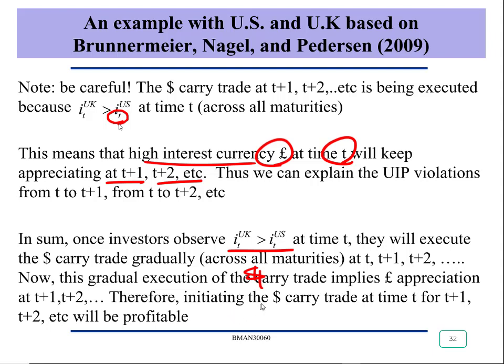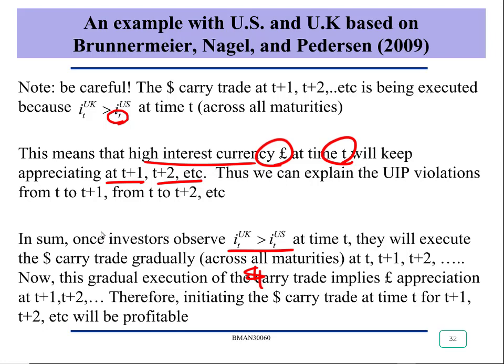Therefore, initiating the dollar carry trade strategy at t for t+1, t+2 will be profitable. High interest rate currency at time t will appreciate. That means profitability of carry trade strategy. So even without introducing any risk premium, because of market frictions and leverage constraint, we can understand why implementing carry trade